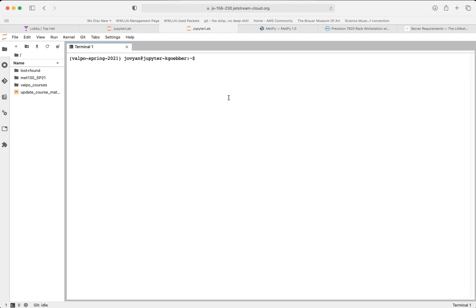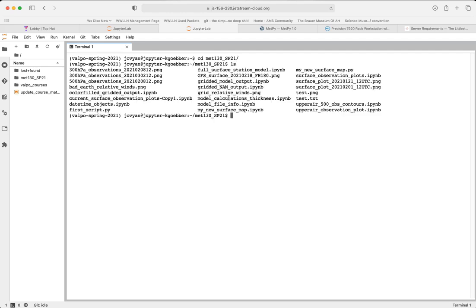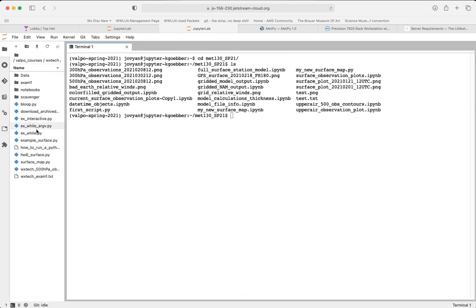And so I'm going to go ahead and first move into my MET130 directory, which for me is MET130 SP21. List the contents there. See, I have a whole bunch of files and scripts and notebook files and a whole bunch of stuff there. And so I want to go ahead and copy over the script that we want. And so the script is going to be located in Valpo courses, so I'm going to navigate to it over in my left-hand column here, and in WeatherTech, and it's called